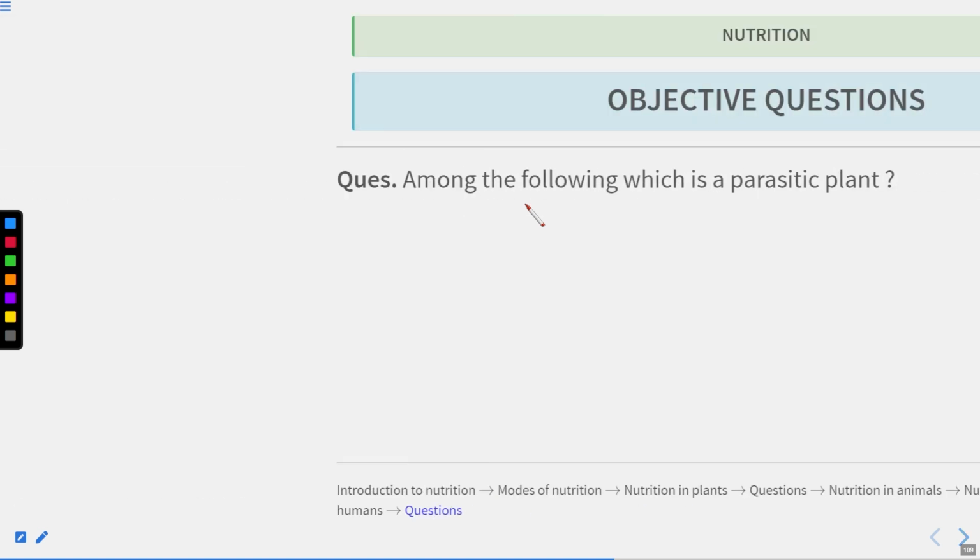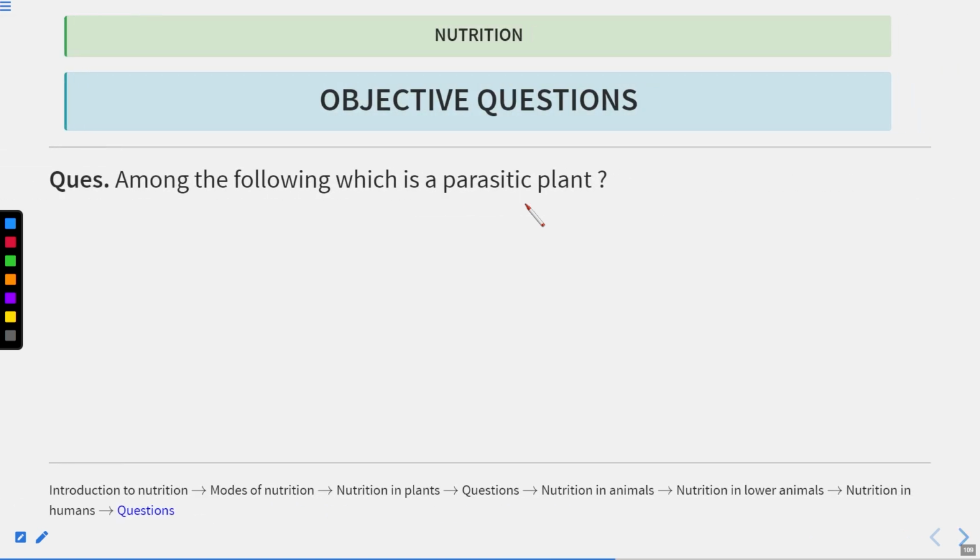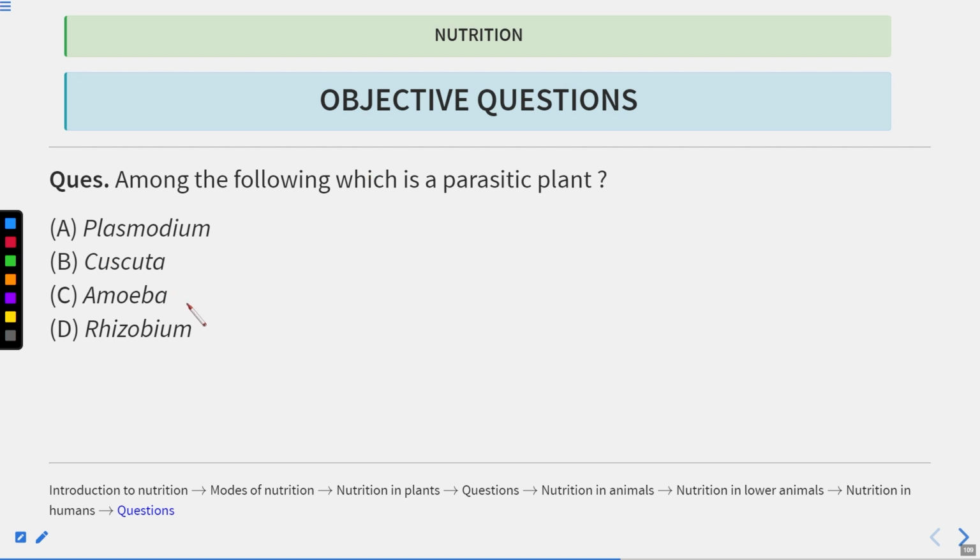Alright. Now let's talk about the next question. Among the following, which is a parasitic plant? Options are Plasmodium, Cuscuta, Amoeba, and Rhizobium. So they are asking about a parasitic plant. Plasmodium is not a plant. What is a Plasmodium? Plasmodium is a